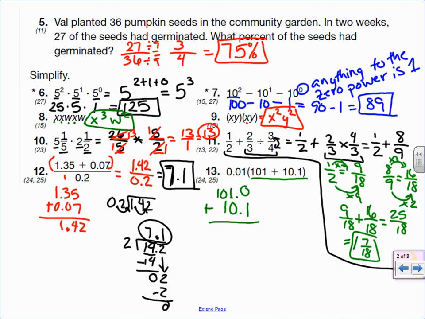And we're adding them, so 0 plus 1 is 1, 1 plus 0 is 1, bring the decimal point down, 0 plus 1 is 1, and 1 plus 0 is 1. So now the problem becomes 0.01 times 111.1, and when we multiply things, we ignore that there's decimals and then we count them up in the end. So what this is going to look like is